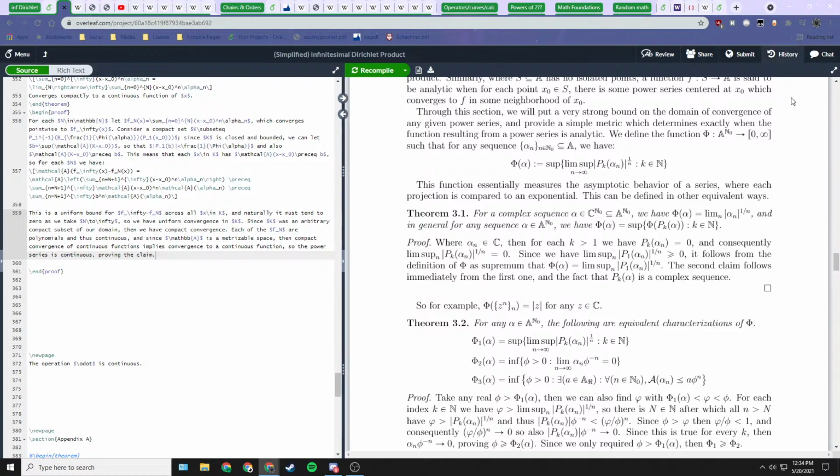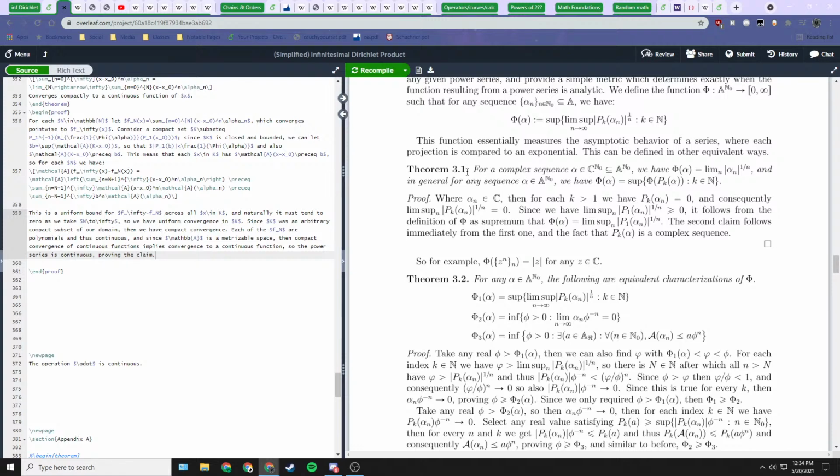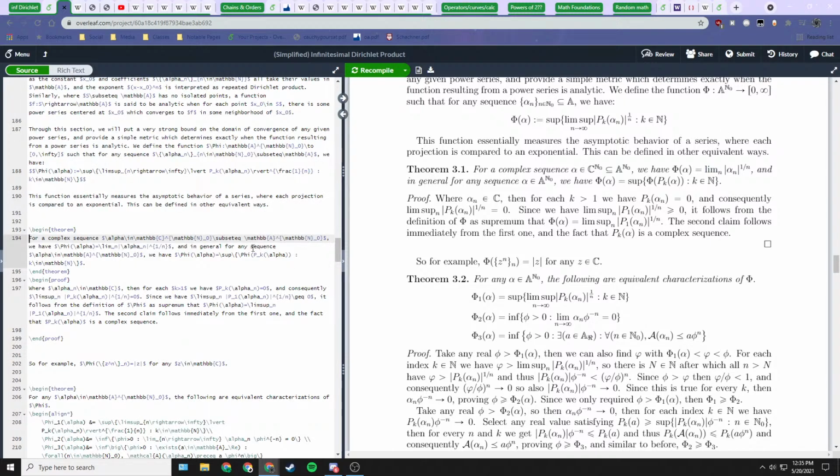So the first thing we have is this theorem here. It's a short one, which basically says, this capital Phi is a function over sequences of coefficients in our space A. And this first theorem says if that sequence happens to actually be on the complex plane, then this capital Phi function is actually just the root test. So it's just the limit. Actually, this should be limit supremum. Let me fix that real quick. So it should just be the limit supremum of the absolute value of the nth root of alpha sub n.